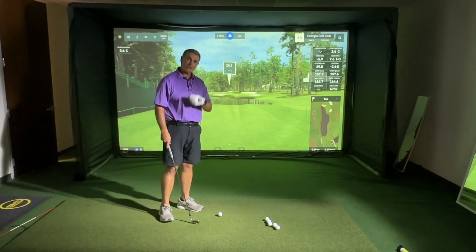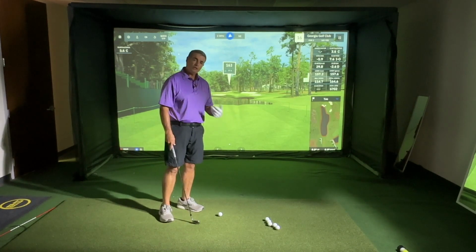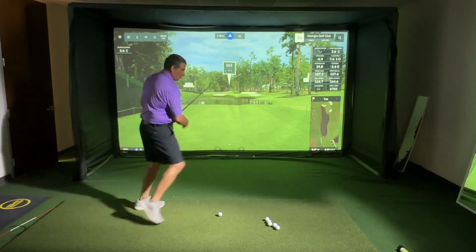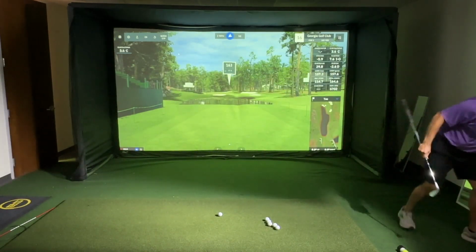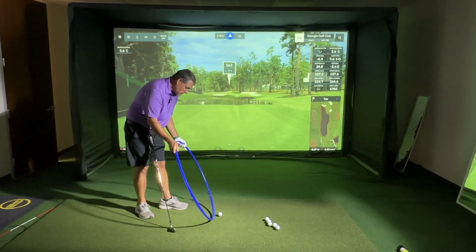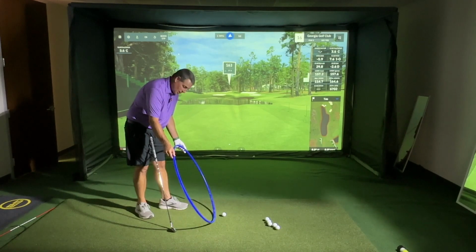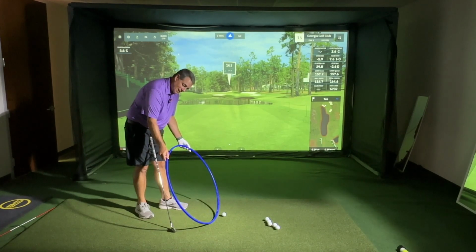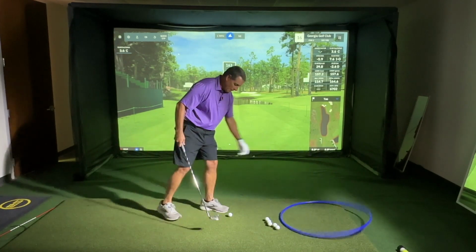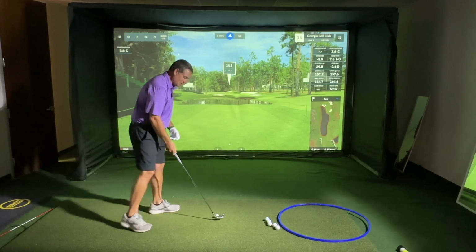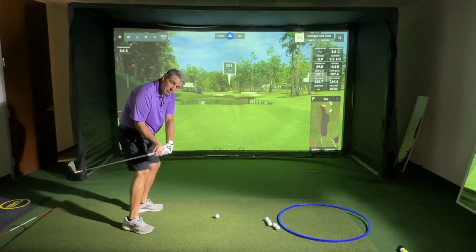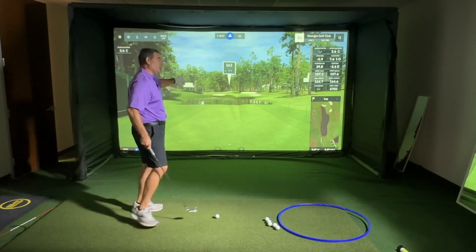as you keep trying to swing the club more and more in to out, you start to literally swing your swing plane out to the right. So I'm going to grab this hula hoop. Right? So if we start to actually get our swing plane going out to the right like that, my club shaft would be back here. This is that thing where people talk about getting stuck, where the club gets kind of trapped back behind them. And really the problem with this is, yeah, you can hit a lot of good 8-irons, but